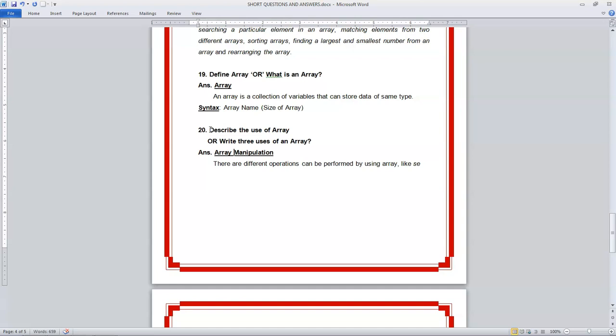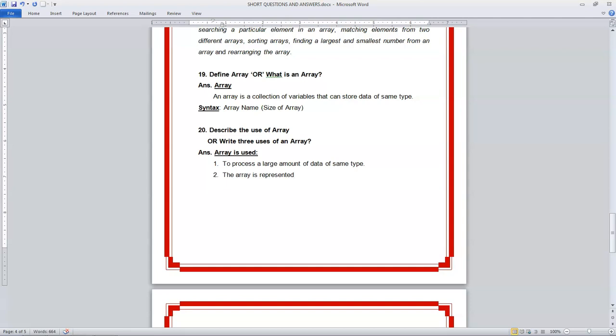So the answer is, array is used, number 1, to process a large amount of data of same type. Number 2, the array is